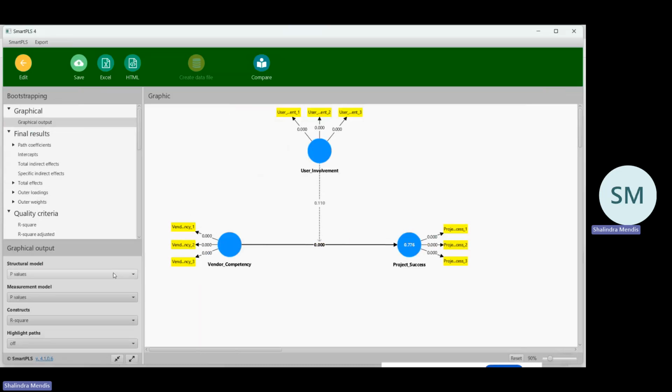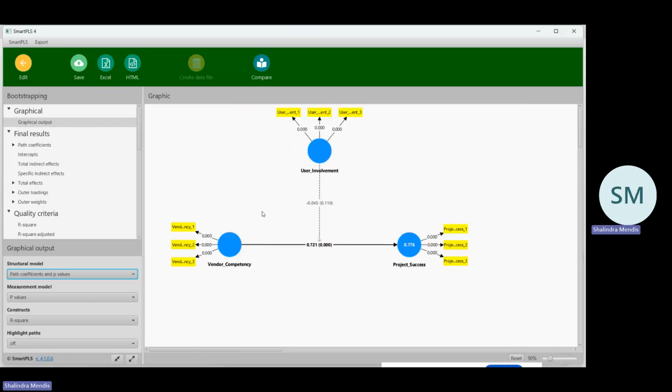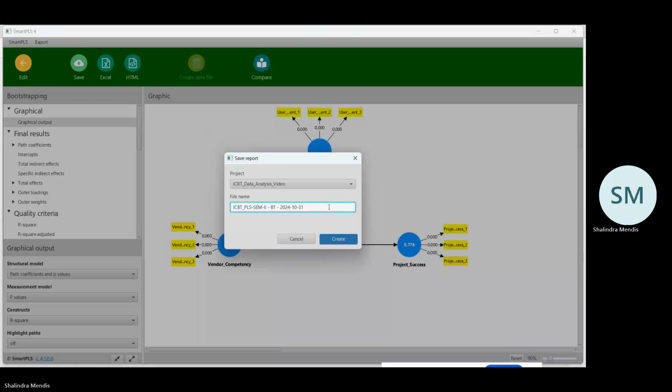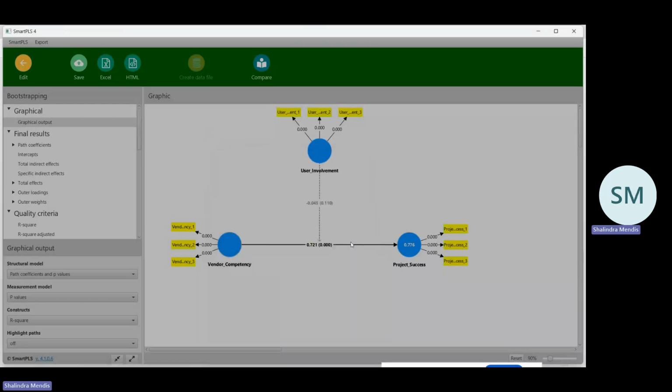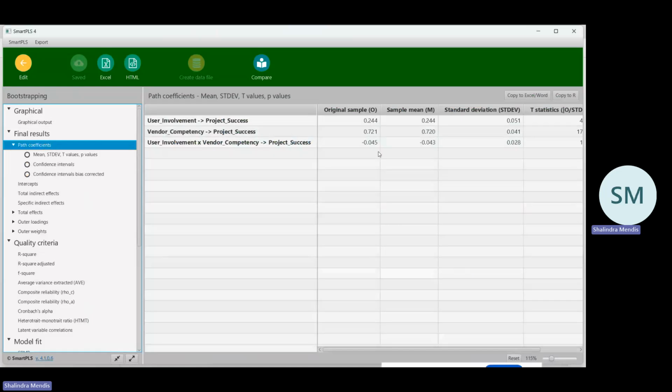Then you will come into this screen. And under here you select path coefficient p values. Then you will get this and save it. You can look at the path coefficients here, the standard deviations, everything will be under here, and the graphical output